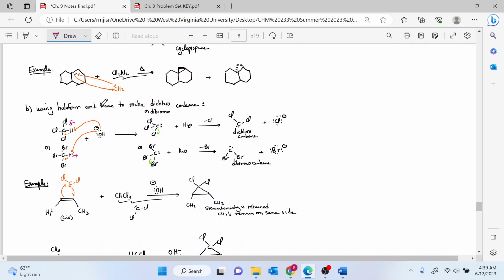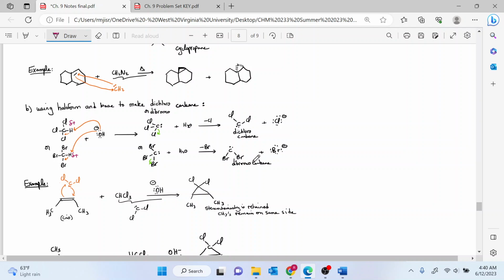So another way of making a carbene is by using a chloroform or a bromoform. This is an HCCl3 or HCBr3 in presence of a base. The reaction is a simple acid-base reaction. So the base is going to come and take the acidic hydrogen here. This is acidic because it is very close to the electronegative element, so it is a partial positive hydrogen. So the base is going to take any of those hydrogens in there, create a lone pair on the carbon, and then one of the halogens is going to get kicked out,